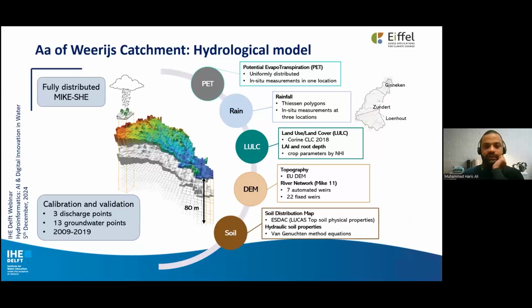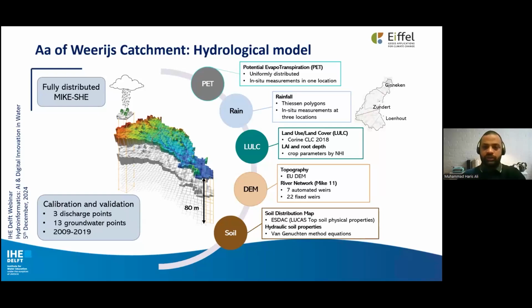For this analysis, we developed a hydrological model. We used the MikeSheet modeling tool for this purpose. The MikeSheet modeling tool has different components, and from this we can know what is happening over the surface, what is happening in the river in terms of discharge, and we can also look into what is happening in the subsurface